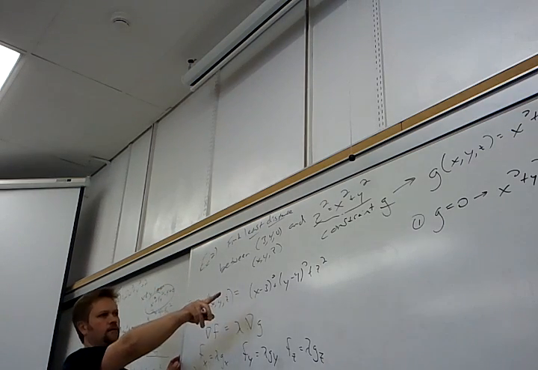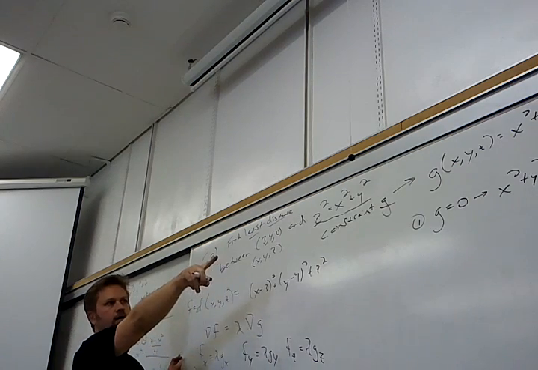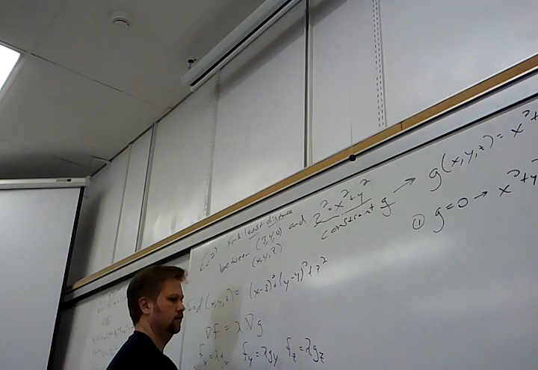Fy, same way, right? 2y minus 8 is lambda gy, 2y. Fz, so 2z must be lambda